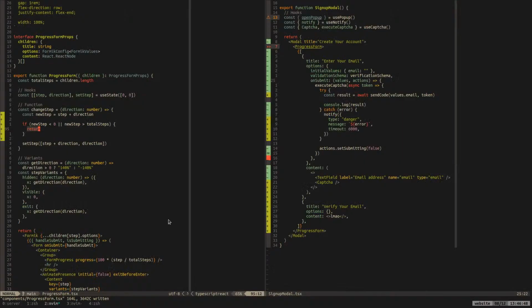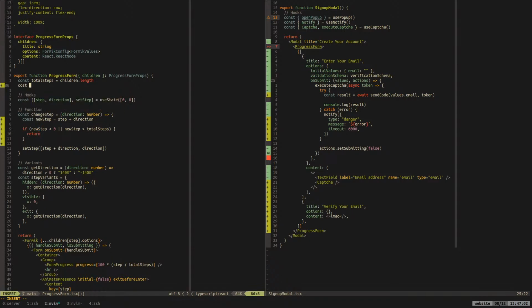And what we should also do is disable a button if we can't press it. So the way we could do that is, we can have a very basic thing called const canGoBack. And what that would mean is if the step minus 1 is greater than or equal to 0, that would mean that we can go back.